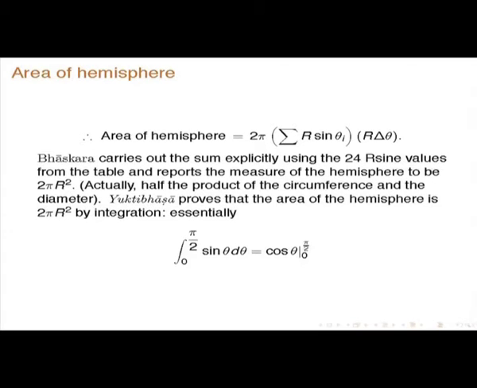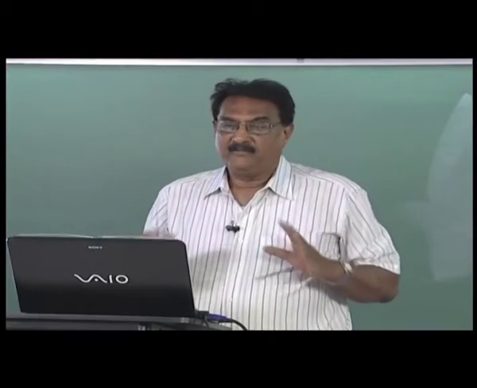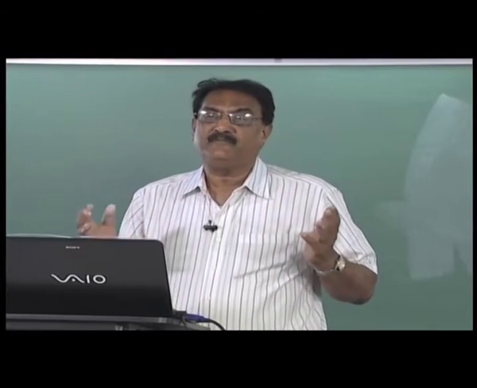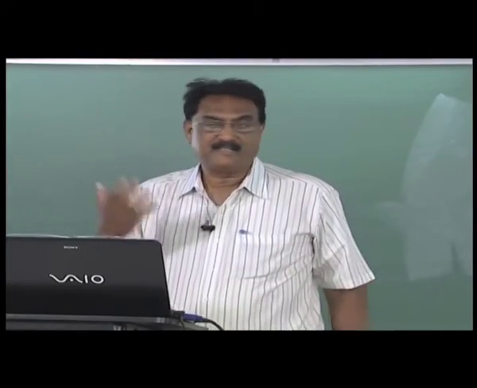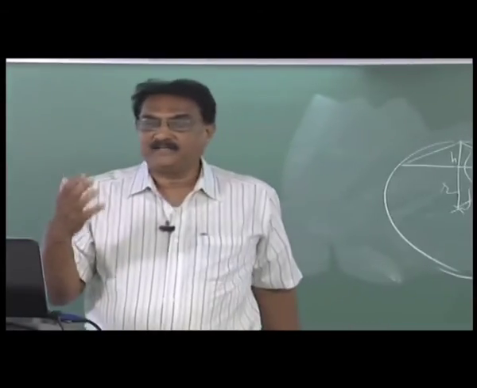And Yuktibhasha proves that the, okay, sorry. So, what he gets will not be exactly this, but when he does these sums, using the values he has taken, it will be very close to that, okay. So, the number you get will be close to 3438 squared. So, that is r, as we had discussed earlier many times, Trijya r, 3438 squared.